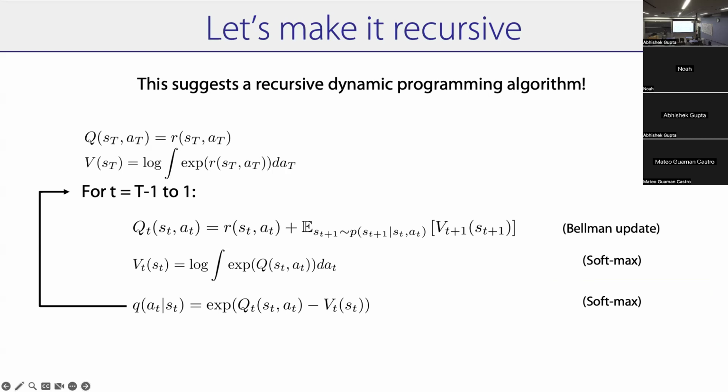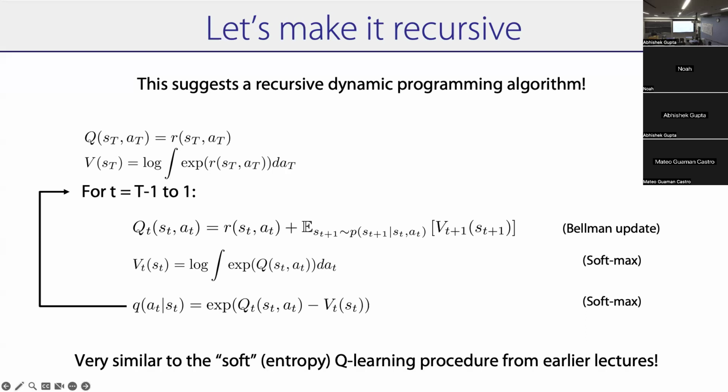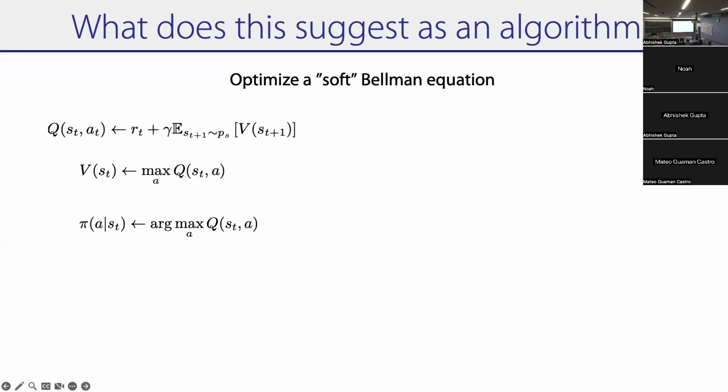One thing that's tricky is when it's continuous, you have to compute an integral, which is a pain. When it's discrete, it's very easy to compute the softmax. And so that's why soft Q learning is hard to use for continuous spaces. But soft actor critic is easier to use for continuous spaces. But the point here is that we have a soft Bellman equation.